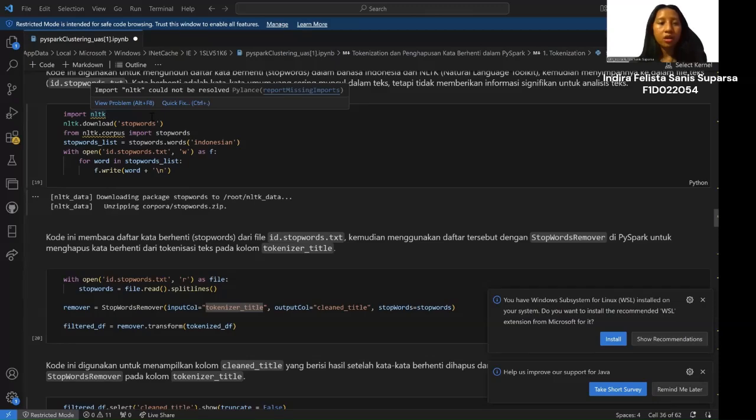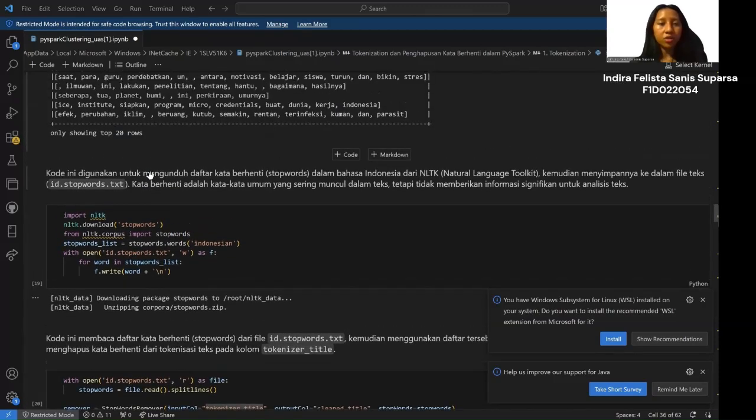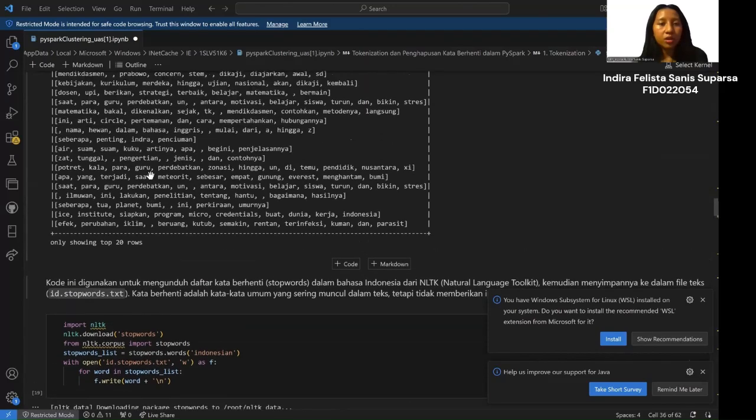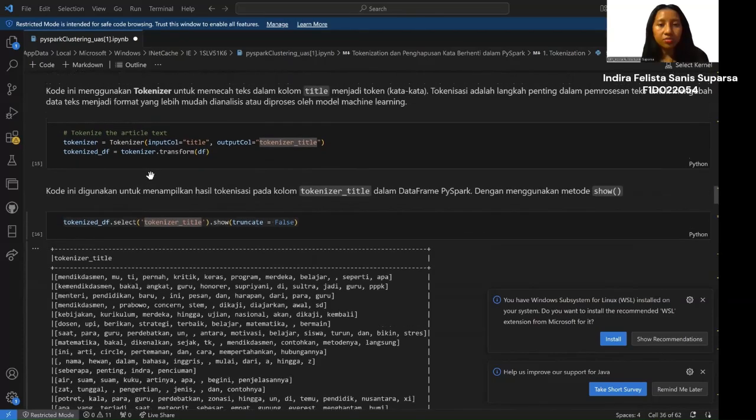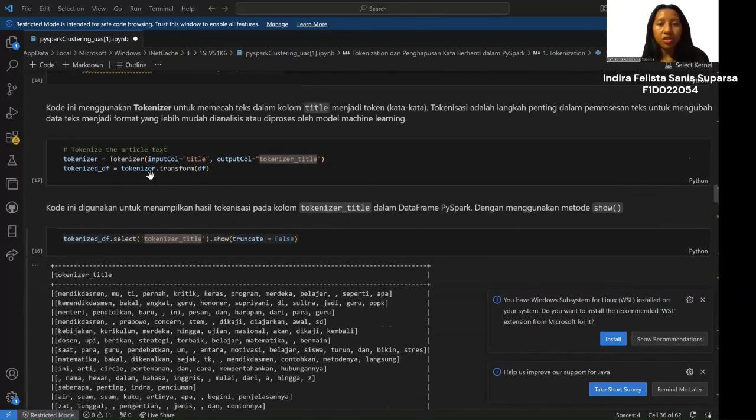After we import the libraries that we need, the next step is the tokenization process. The tokenizer class splits the text in the title column into individual words and stores the result in a new column named tokenizer title.